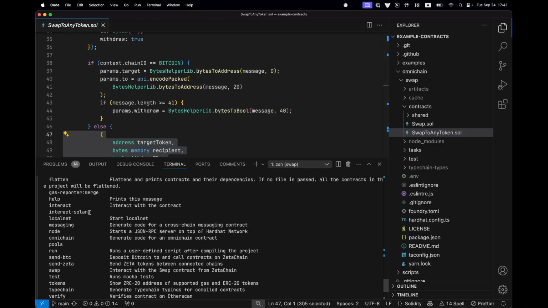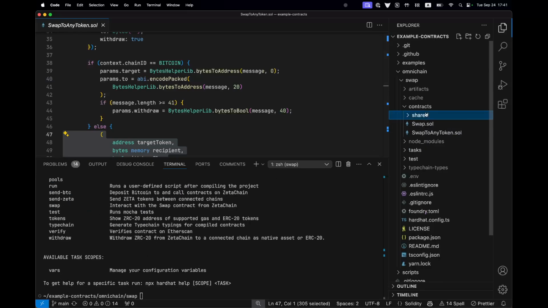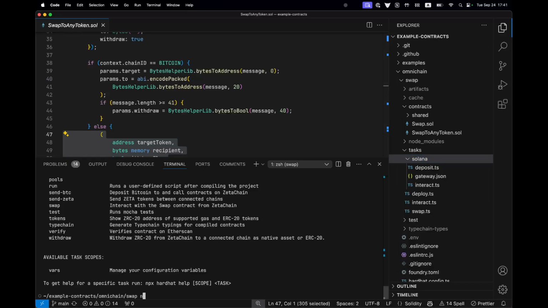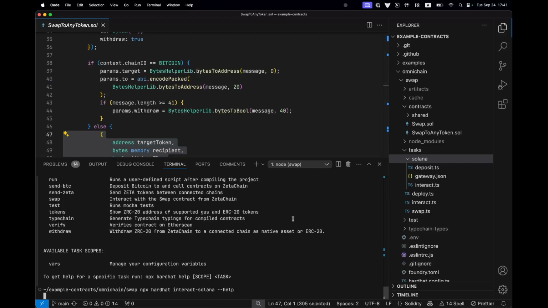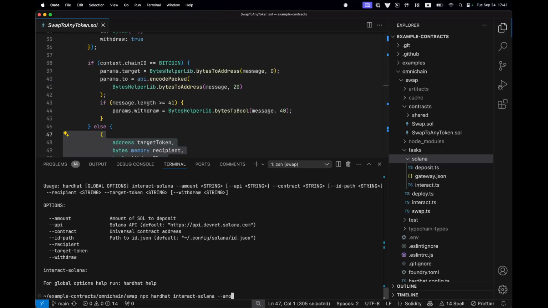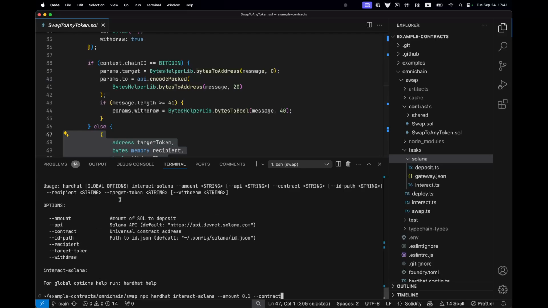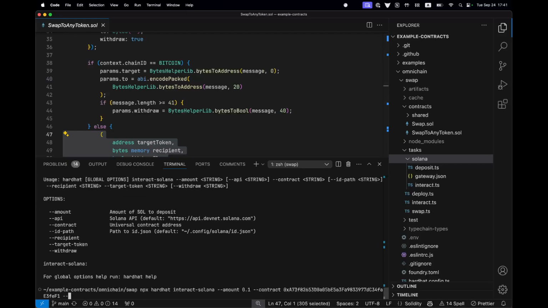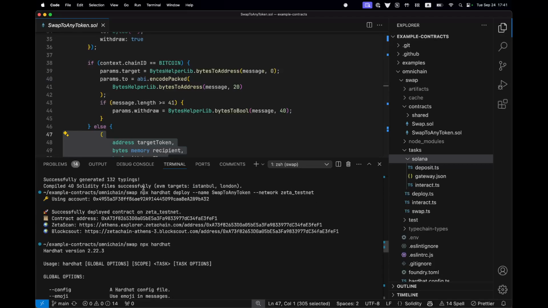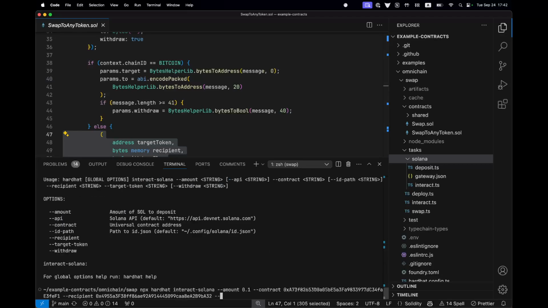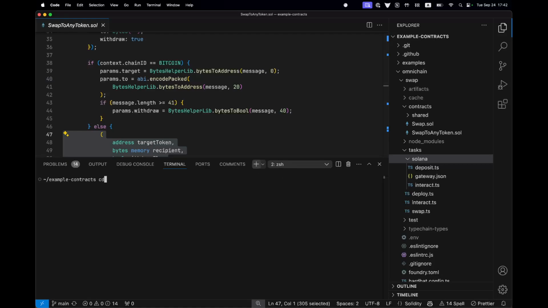We have the interact Solana task, which is actually here directly in the repo. So interact Solana. It requires an amount, 0.1, swap a small amount. Contract is going to be the contract that we deployed our swap application to, and recipient is just going to be my own address here. So for target token, we're going to be using